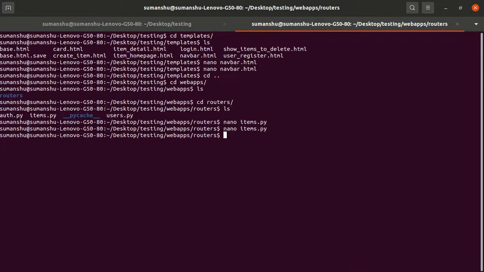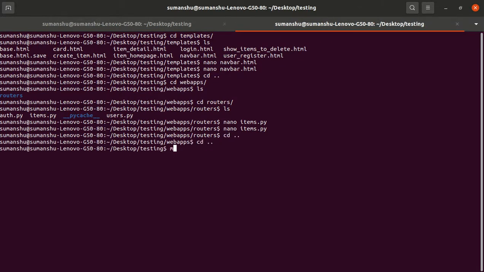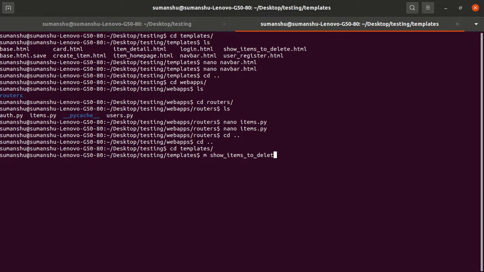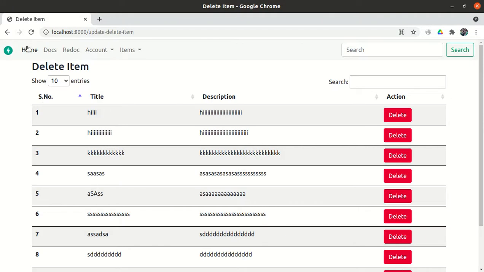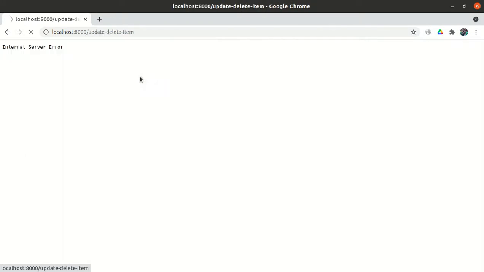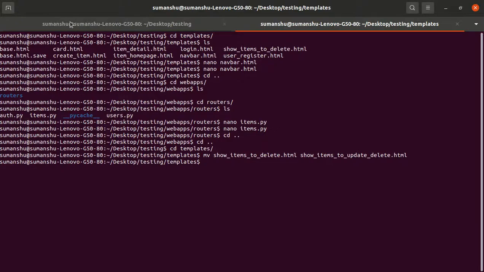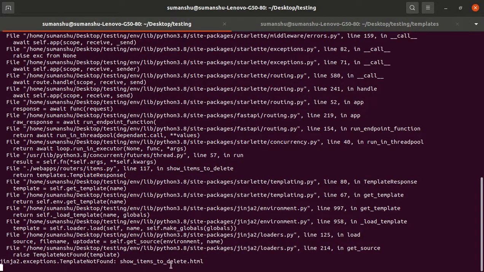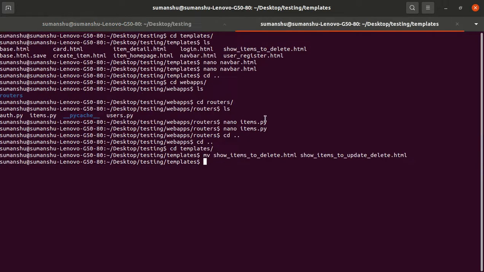Update/delete, and let me move the template. Okay, cd templates, move show items to update/delete. Okay, something is wrong. What is wrong? Template not found: show items to delete.html. Okay, so